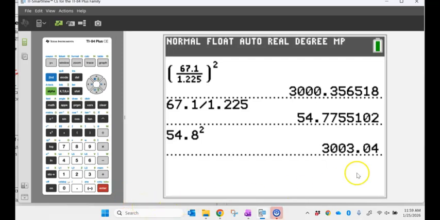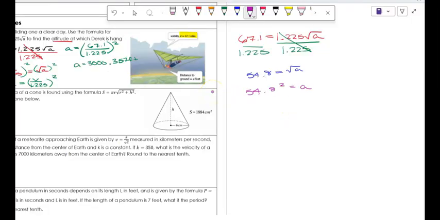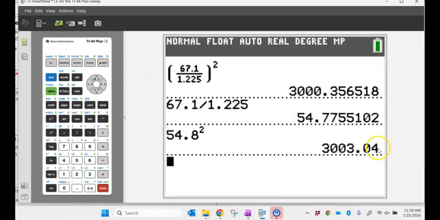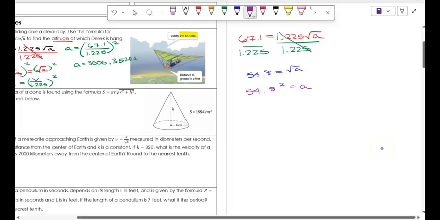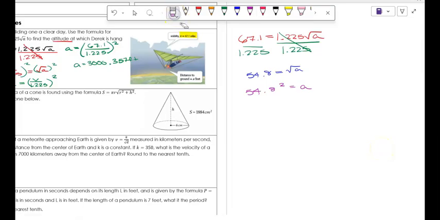3003.04. But our actual answer, when we kept it exact in our original form over here and substituted in at the end and didn't round until the very end, was actually 3000.357. So that's actually a pretty significant difference. So it's incredibly important that we keep things exact. So instead of rounding to 54.8 there, what I want you to do is to do exactly what I'm saying,